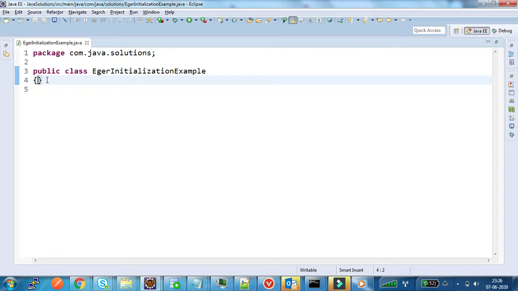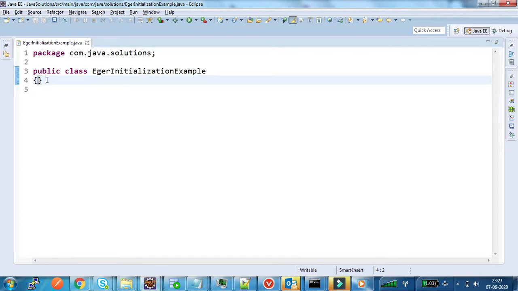To make a class a singleton, we should follow a few steps. One is to make the constructor of the class private so that other classes cannot create an instance of this class. Second, add one private static variable of the same class, which is the only instance of the class. And third, add one public method which will return the instance of the class. This method will be used by outsiders to get the instance of the singleton class.